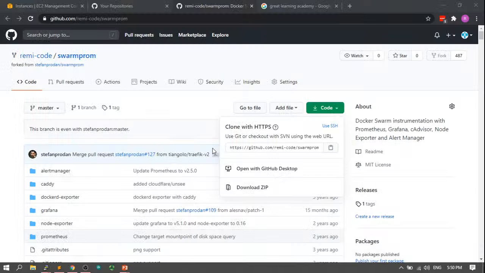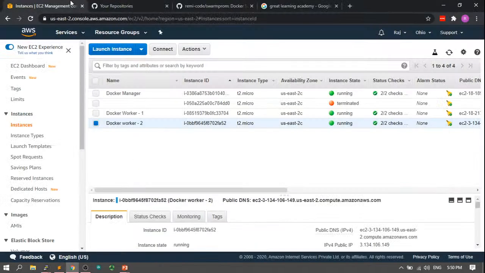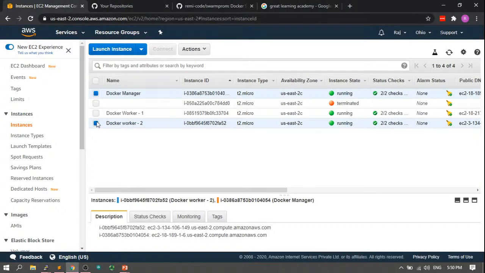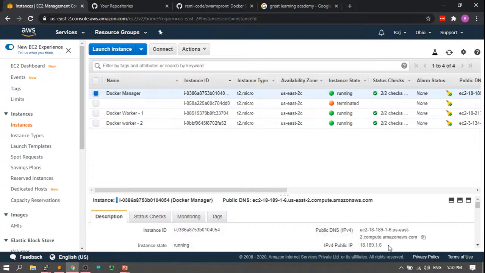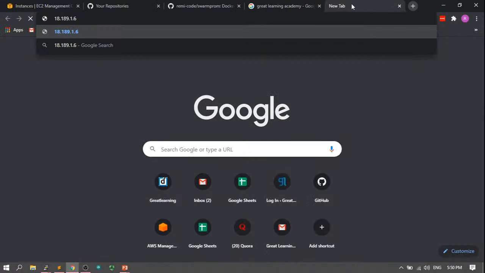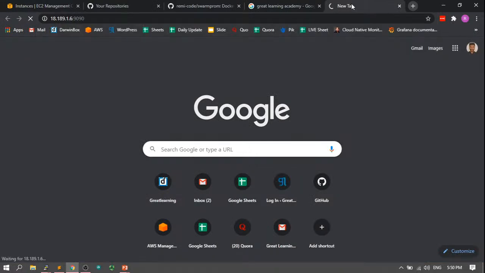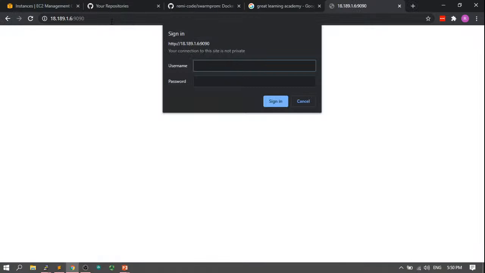Now let me show you how you guys can access it. So we have launched it on a manager, so that's the swarm IP. So you need to access it basically from that. So in my browser I'm going to put my IP, and we're going to put 9090 because that's how you access Prometheus. So Prometheus is basically exposed at the host's port 9090. So the username is going to be admin, password is going to be admin. If I sign in,